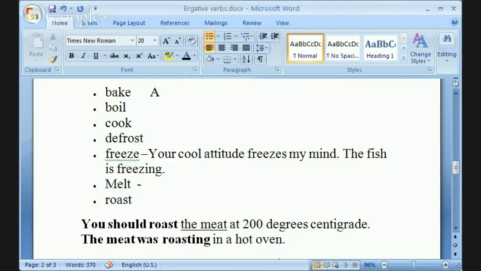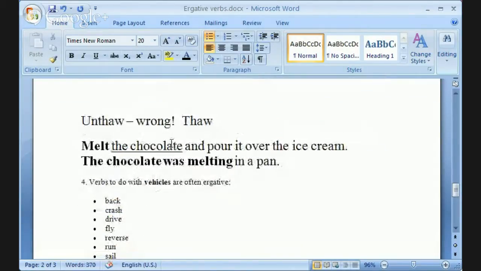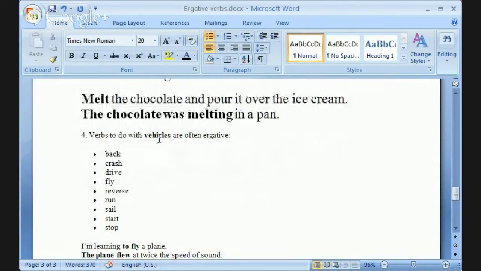Just reverse, right? Your hot hands melted the ice cream. All right. Your wonderful attitude melted my heart. Okay. Never mind. Stop it. All right. Now,